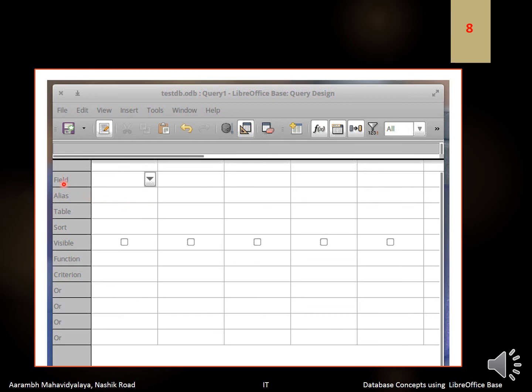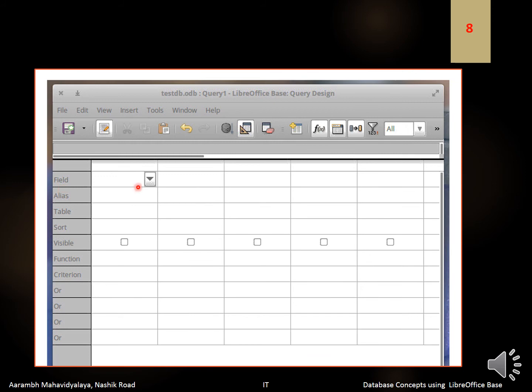First of all, here in the field row a drop down arrow is given, which means that depending on the table you have selected, you will get all the fields of that table. Suppose you selected the stud table, then you will get all the fields of the stud table. If you select the marks table, then you will get all the fields of the marks table.